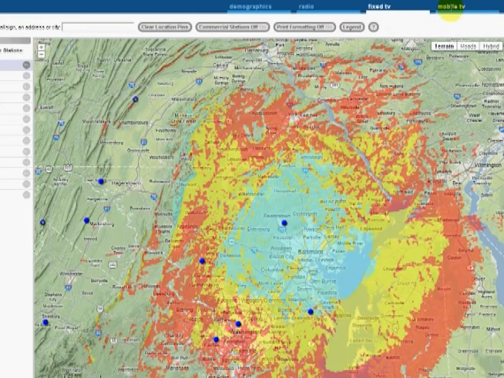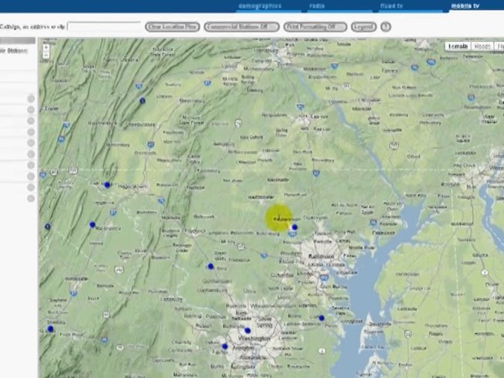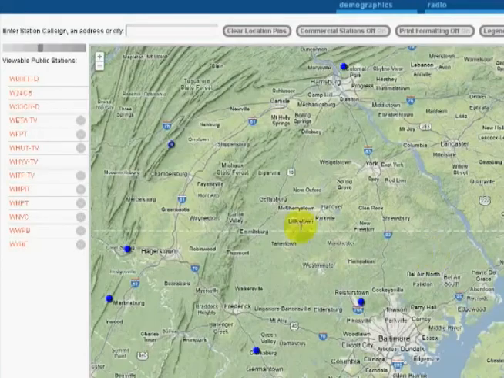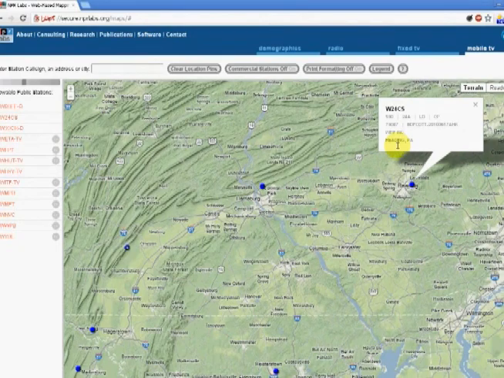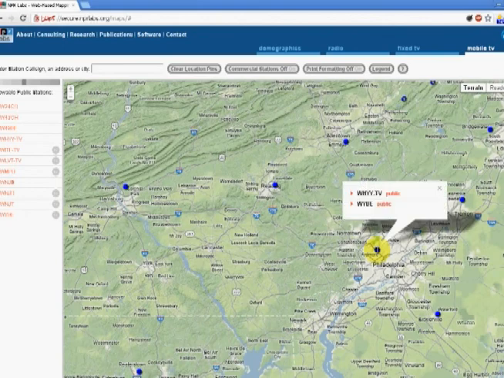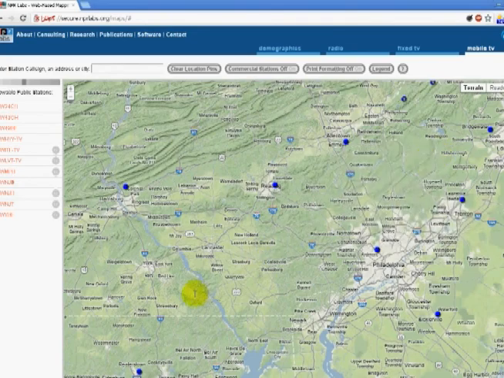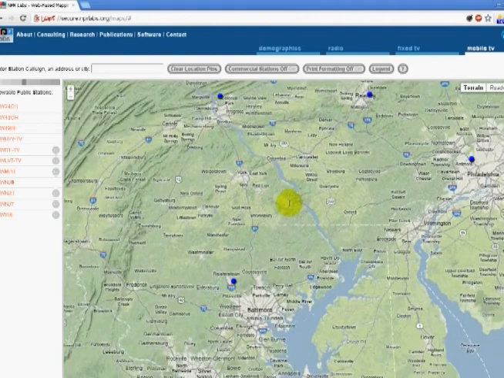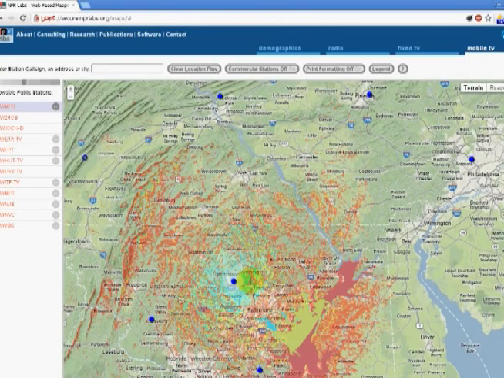Lastly, we can take a look at mobile handheld television. This service is only available for full service stations between channels 14 and 69. So you can see here these are not full service stations, and even though they are public, they don't have a button to turn on the coverage. In Philly we have some stations. WHYY is channel 12, so that also doesn't have an overlay for mobile handheld. If we click on a station that does, you can see here we go, and it has